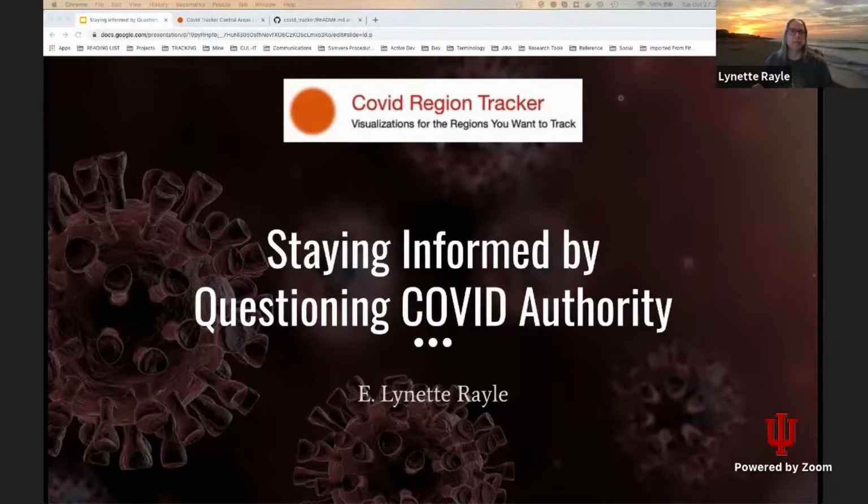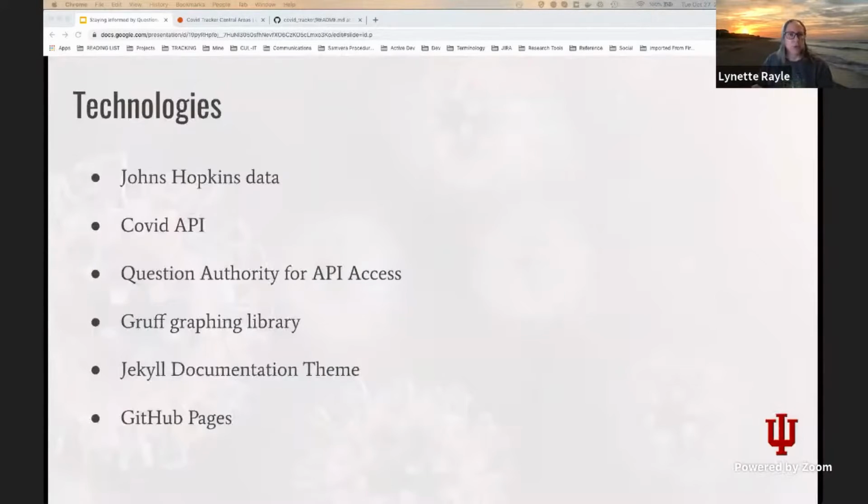So in the last few months, it became clear COVID was not going away anytime soon. And I was pretty frustrated by the visualizations that were available for my local area. So I decided to write an app myself, and I use Questioning Authority as part of the technology stack. It was really important to me to use data that was well accepted. So I'm using the Johns Hopkins data, and I connect to that using the COVID API, and that is where